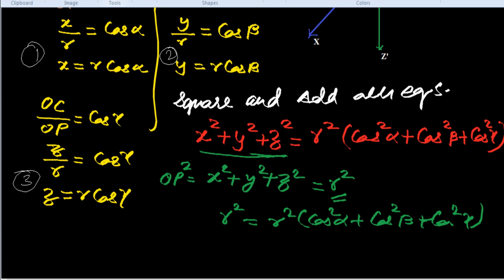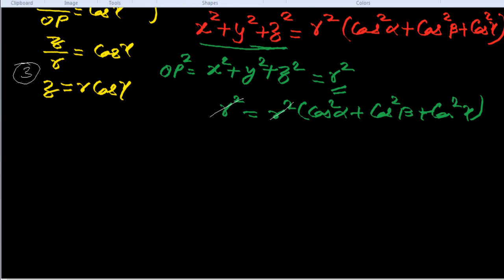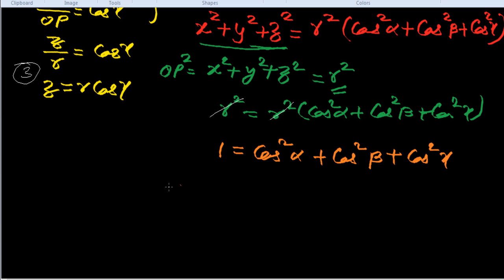Here we see these both r square will eliminate each other. We will get here one only. So 1 is equal to cos square alpha plus cos square beta plus cos square gamma. So if we assume that